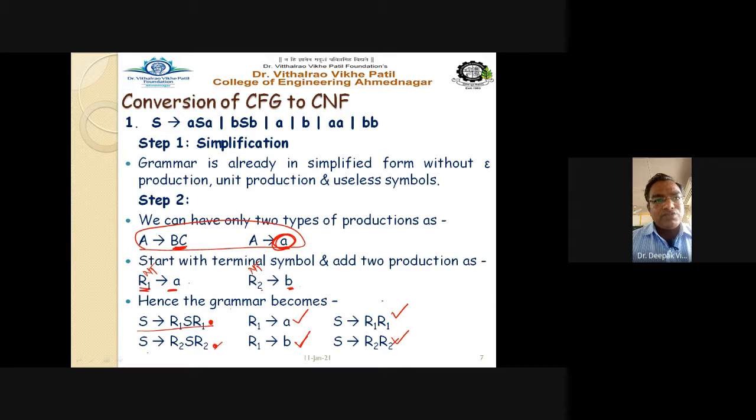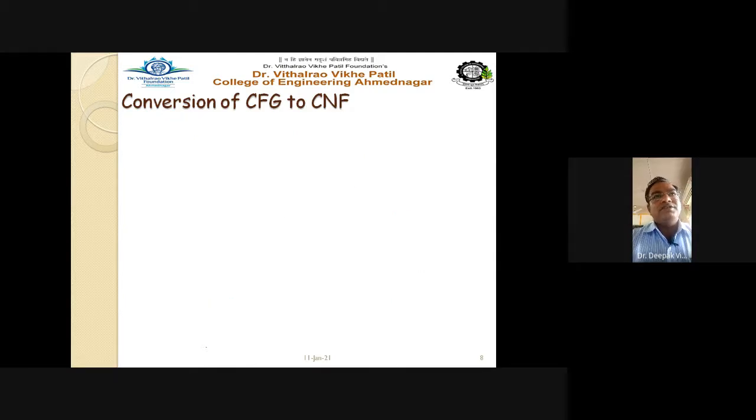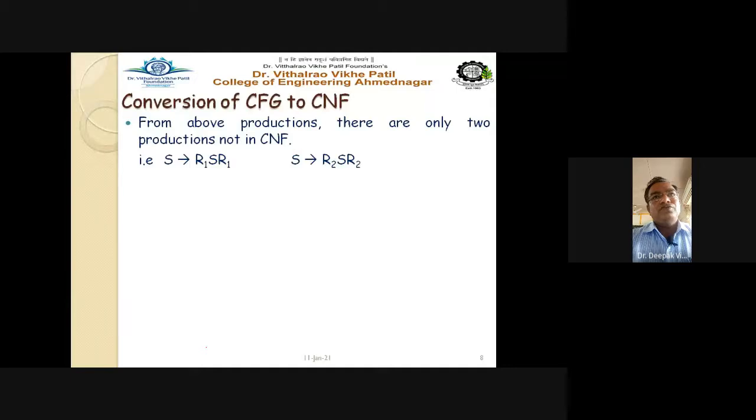Then we have to bring these 2 rules into the Chomsky normal form. So for that, we again introduce more non-terminals. See here. From the above productions, there are only two productions that are not in CNF. That is, S gives SR1 and S produces SR2. So we introduce two new variables, R3